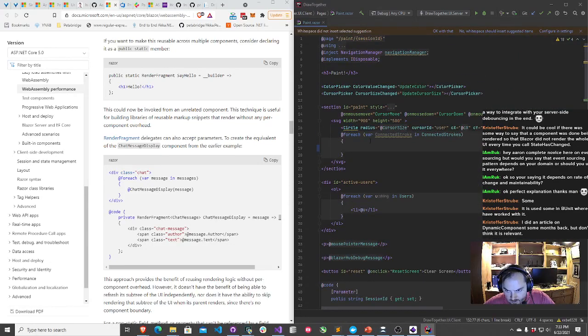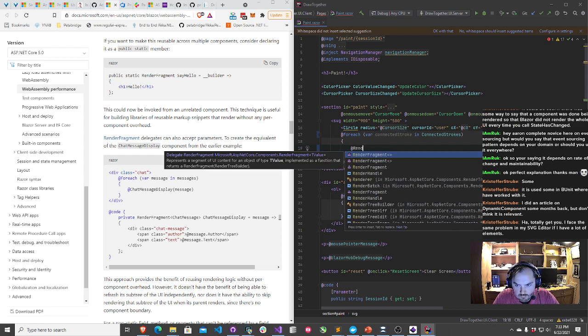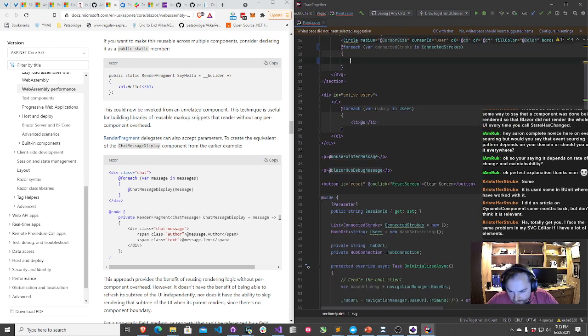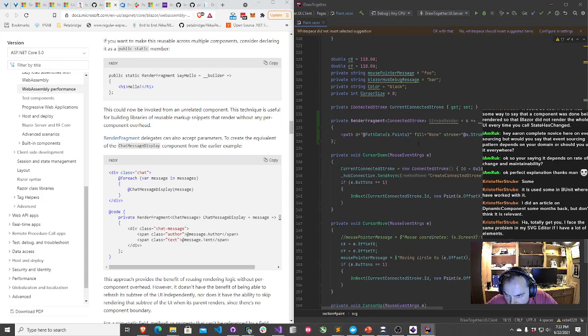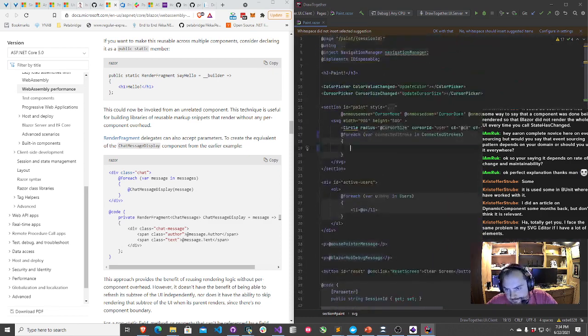I'll go up here and we'll refactor that. And then I don't even remember what I called this. Let's see, user, render fragment, stroke render. This code probably needs a refactor.